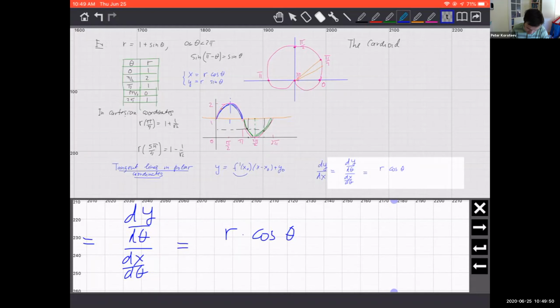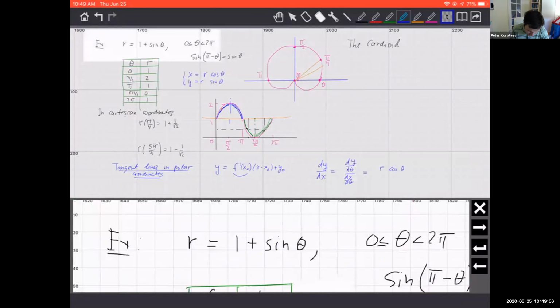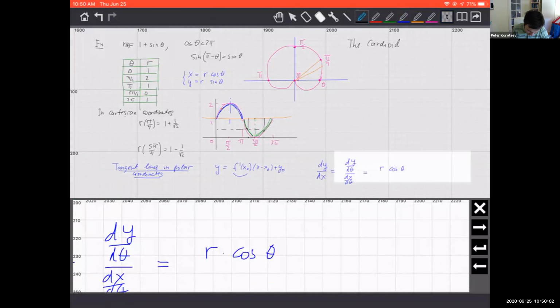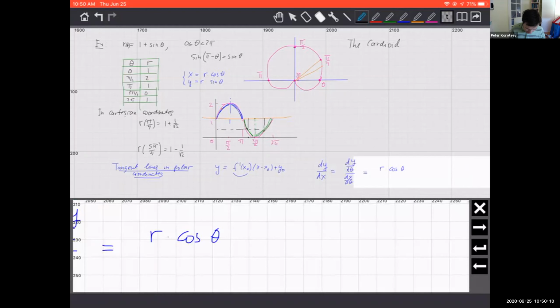But in our parameterization here, r itself is a function of theta, right? So when we do this differentiation, we actually have to use the product rule because the derivative of r is not trivial. So it's this plus